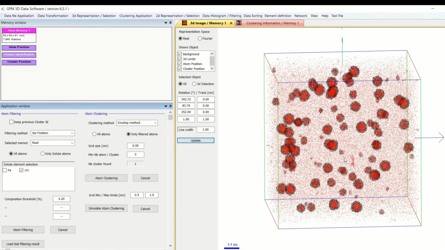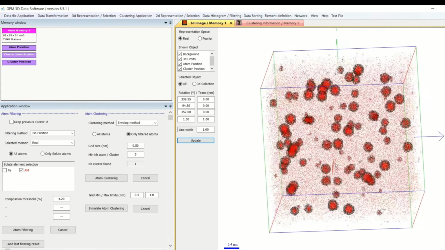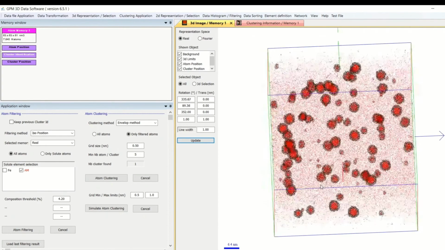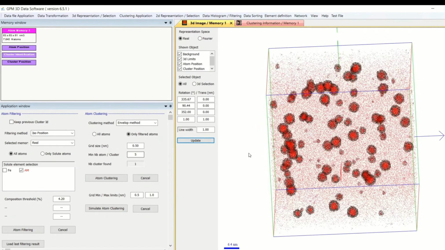You see you have all the clusters, and you also have a small amount of iron, a shell of iron around, which is the matrix close to the cluster. From these filtered atoms, I have to associate them into clusters. So I will use a maximum distance between atoms.